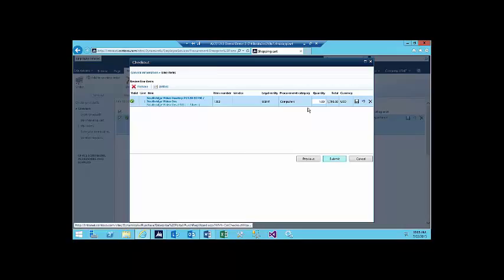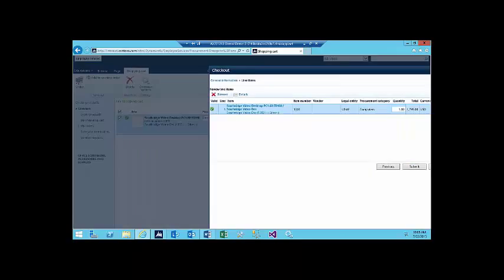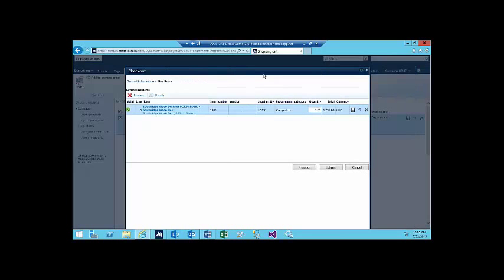So it's a nice way to give users a visual look at your catalog, especially if you have a lot of products that you might want to give them access to, and then they can just build their purchase requisition